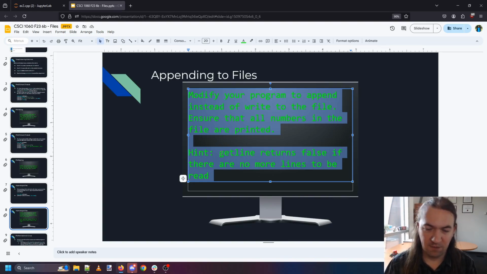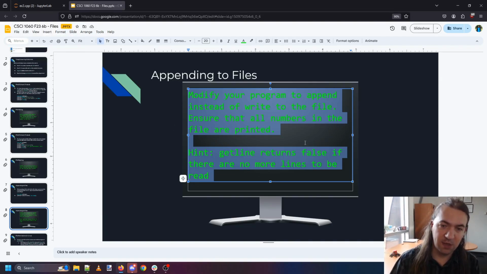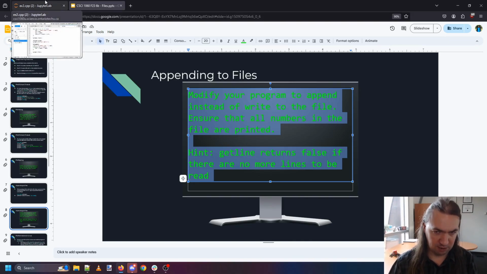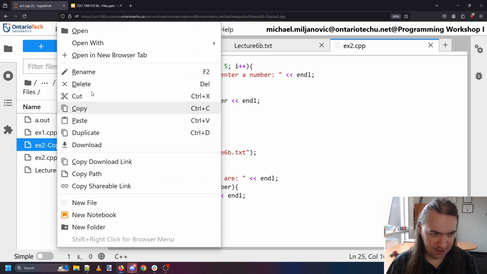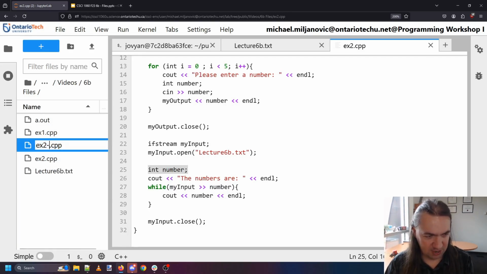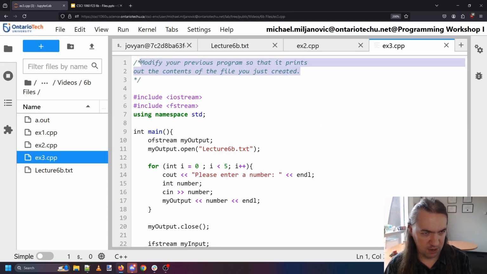Instead, we're going to use the fact that getLine, and also the line that I wrote, returns false if there's no more lines to be read. So I've actually kind of done the second part already, but in case you just wrote a loop that ran 5 times, now you would need to be able to use this to make sure that you print everything out. But turns out the modification is actually trivial. And I really mean it when I say trivial, in that as long as you know what to write, it's almost instantaneous, which is simply,